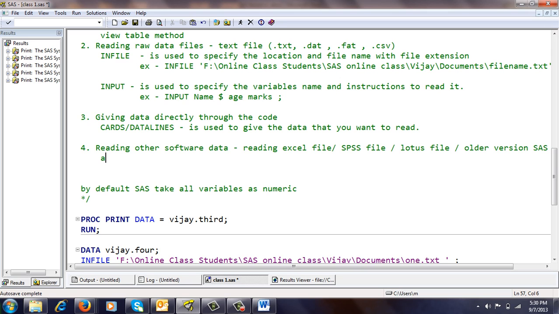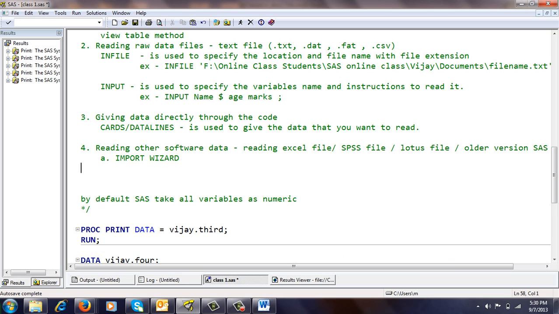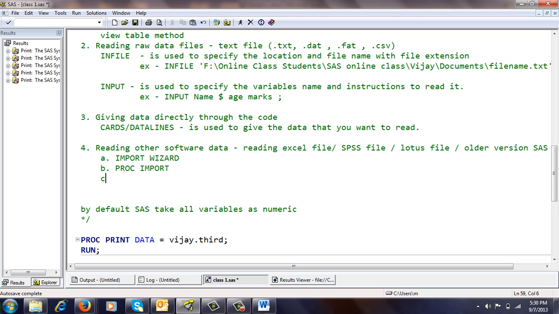Under this we have 2-3 methods. First one is your import wizard. Second one is your proc import. Third one is DDE, that is dynamic data exchange.